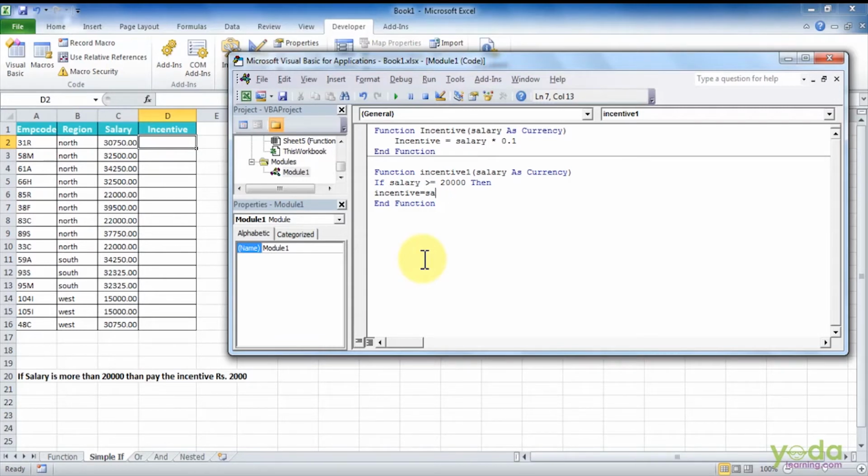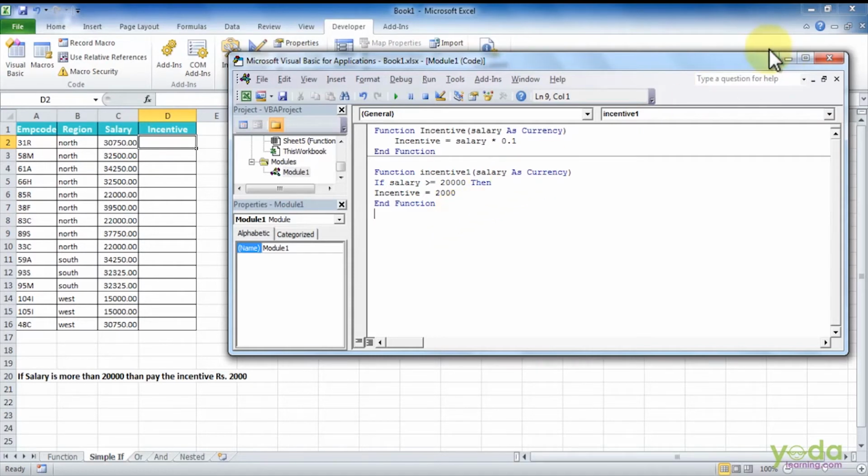Or since in this the value is given to me as rupees 2,000, I will pay out the incentive as rupees 2,000. Depending upon the value which is given to you, you can calculate the incentive.